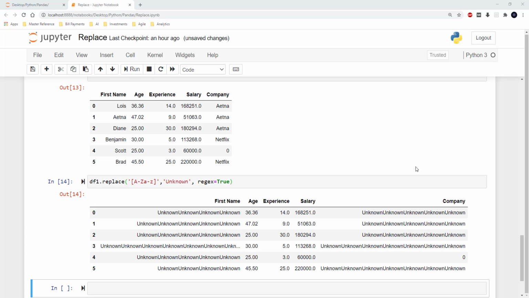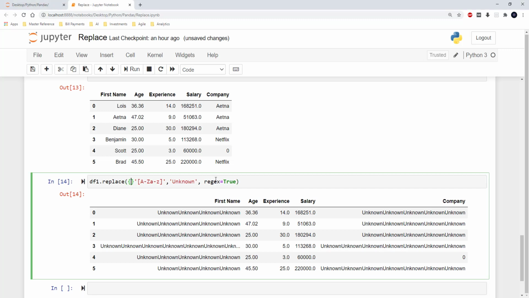So actually I wanted to replace only company with unknown, but I'm seeing that the first name also has been replaced with unknown, because the first name also had alphabets, and for that reason that was also considered. So I wanted to correct it, hence I am using the syntax where I am selecting the columns.